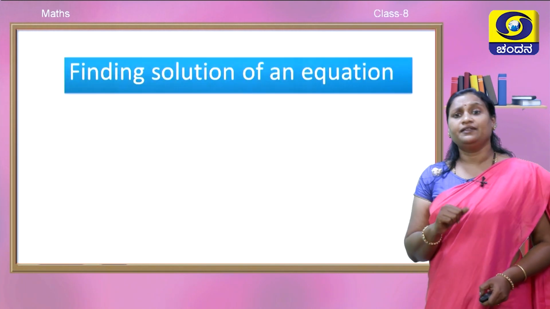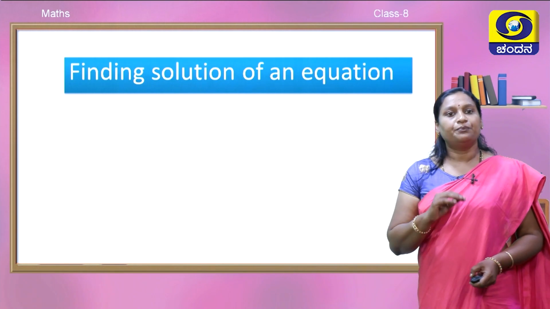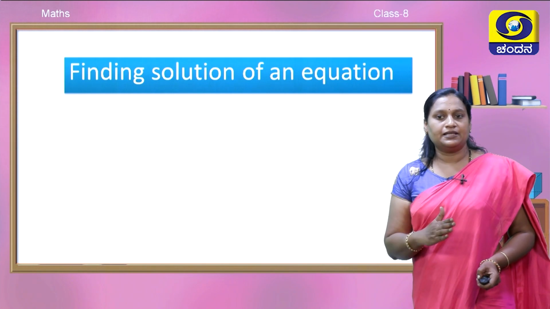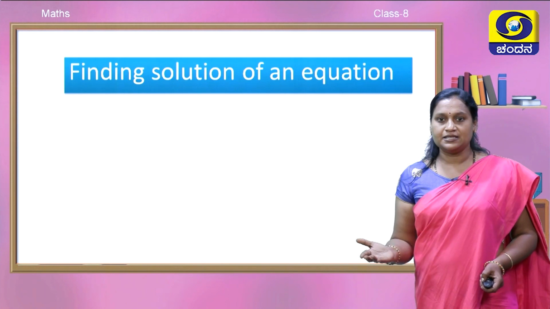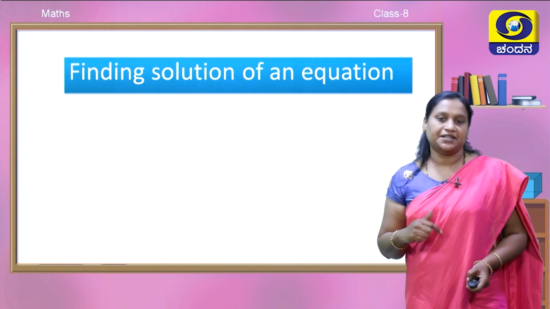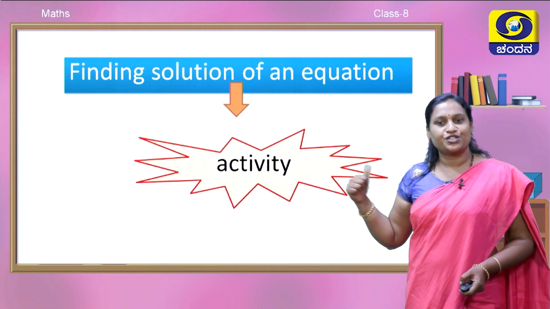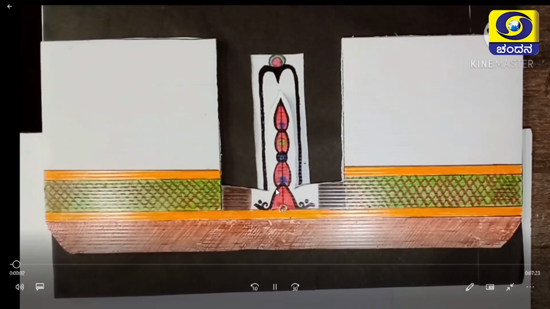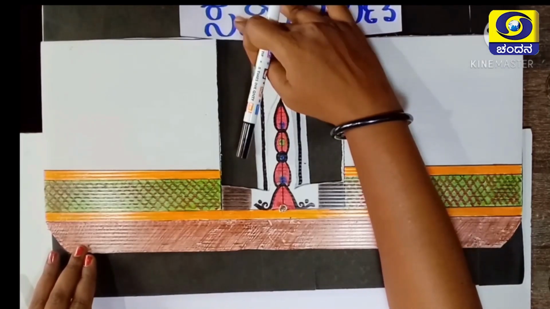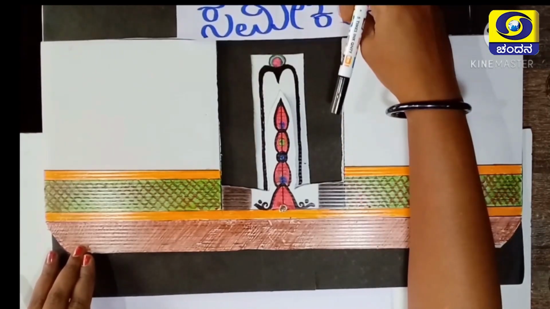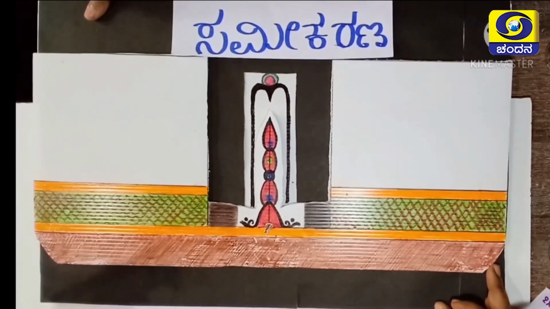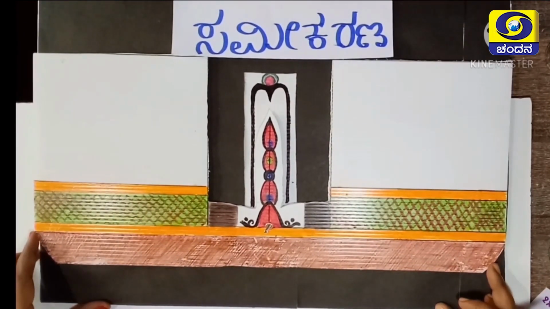Then how do we find the solution of an equation? You have been learning this from 6th and 7th standard with both methods, the transpose method and the balancing method. Here we will just recall that with an activity. So, shall we do an activity now? Dear children, in order to learn how to solve the equation, here I have a small model showing the physical balance. It is made of cardboard. So, we shall learn the operations from this.